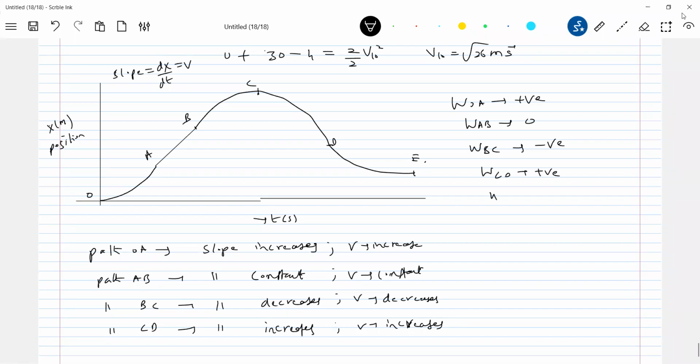What about D to E? The negative slope decreases, the magnitude decreases. Don't think in terms of mathematics now, you know enough of kinematics. So what about path C, D, E? It will change the direction of motion, that's all here, no? Here the velocity for O to C is positive, so for C to E the velocity will be negative. So they should be negative.